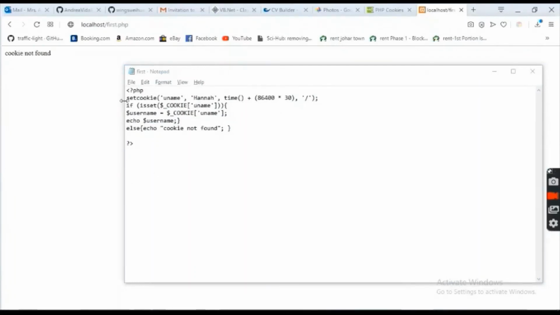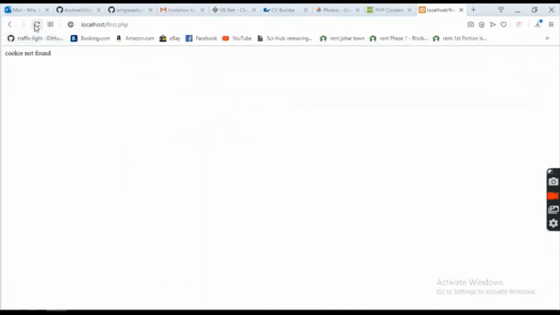Now doing simply the code of cookie, we are going to set the cookie, uname is the name of the cookie, value, and this is for 1 day we have set the cookie. And you will check if the cookie is set, then in the variable username put the cookie and the uname, this is the name of the cookie actually, and you will echo the username, and if it is not set it will show this error. So simply Hana should be printed. See, Hana is printed here. Okay, you would have to refresh it 1 or 2 times because cookies take time to come and be saved inside your browser. So I refresh it a 2nd time, so it is showing me the right value. So you have to be careful about that.